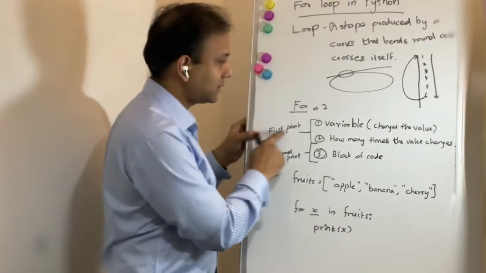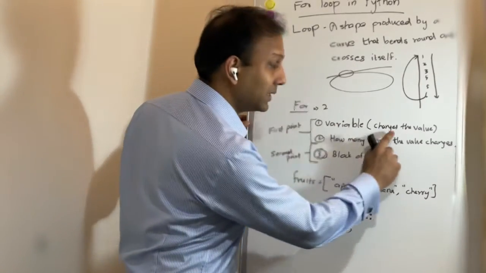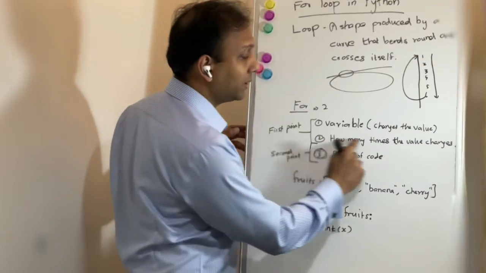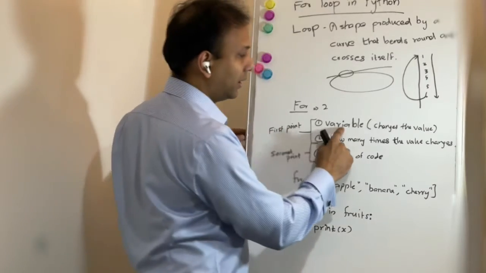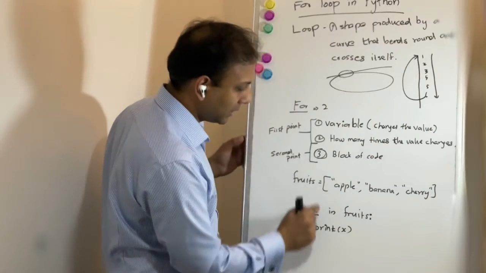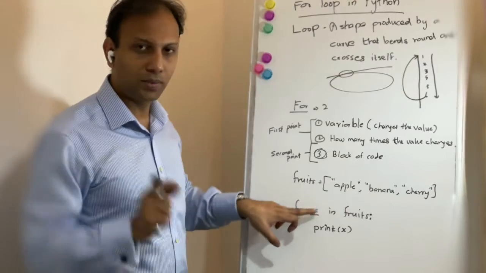Okay, there are two things which the students should be very clear about after you take the class on for loop. One is there is a variable involved in it, and the variable is changing. Okay, and the first point is how many times the variable is changing. So I'm taking this as the first point, even though there are 2 points, variable and how many times it is changing. It has 1 point. That means you have something called an X in the for loop. Okay, so this has to be clear for the student.